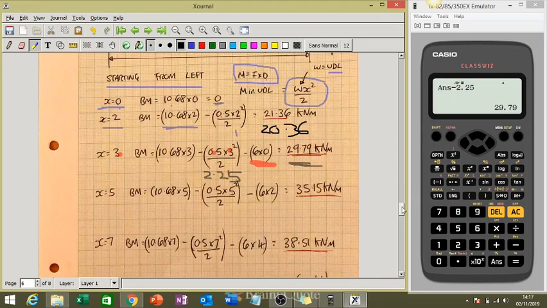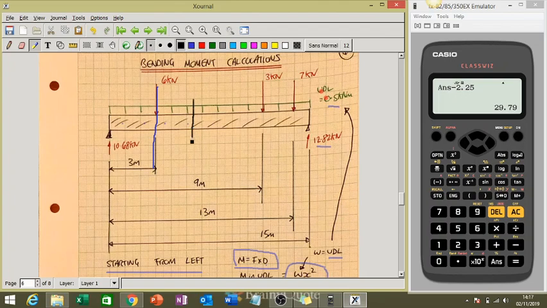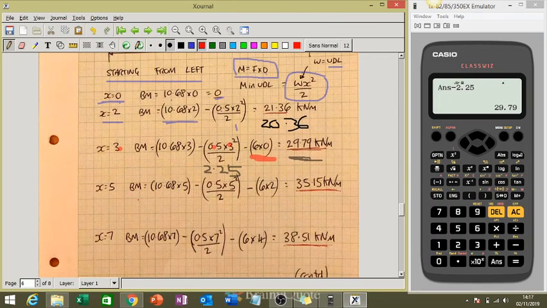So I'll carry on now. X equals 5 here somewhere. So I've got the bending moment produced by that. I've got the bending moment produced by that, because now I've compassed it. So it's a bending moment, and I've got the UDL bending moment. So x equals 5, 10.68 times by 5. That's my UDL. All it changes is the 5, don't forget. So that's the same, that's the same, that's the same. All is changing